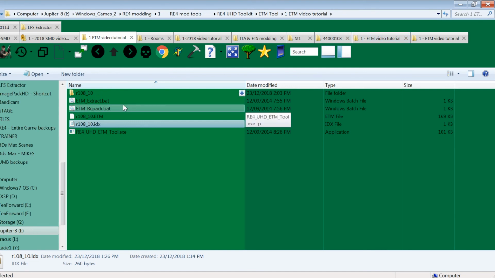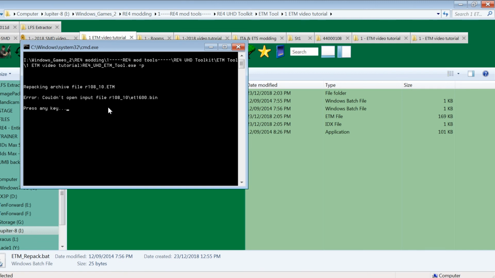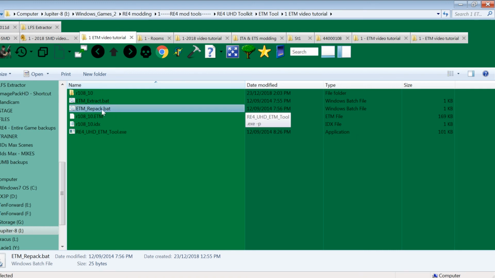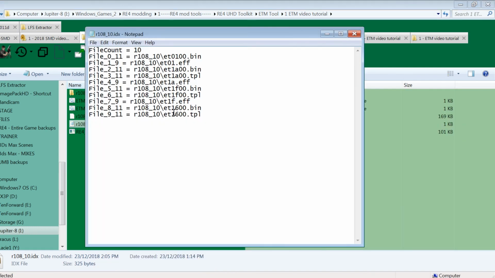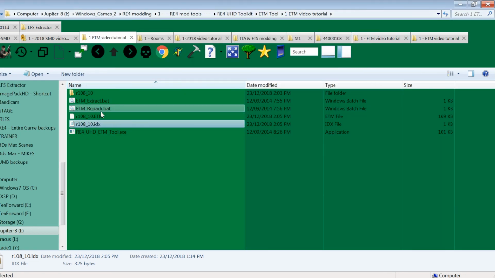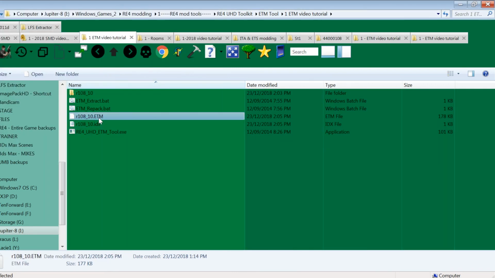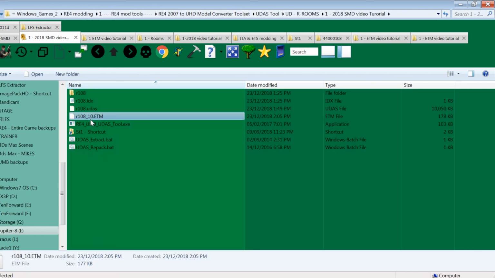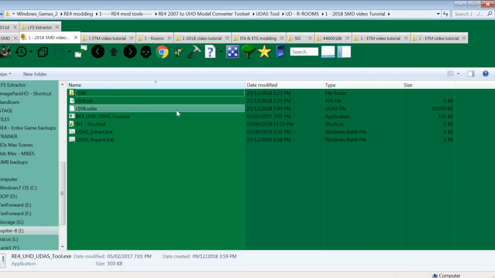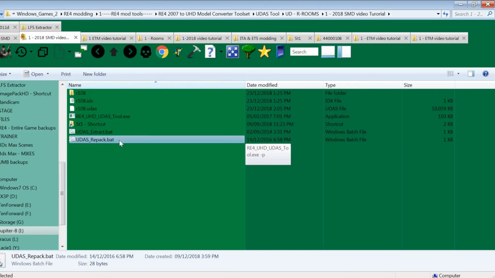Now, we're going to repack this. Oh, what did it say? Couldn't open 1600 bin. Oh, I must have typed that wrong here. Oh, yeah, see, this should be 0 and 0. Now it'll repack. So that's ready to be put in our UDAS folder. Move and replace, repack. Now, you're not going to see this in the game